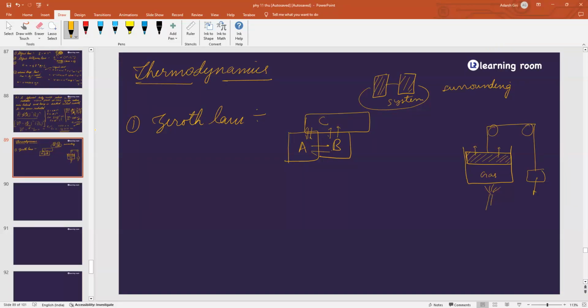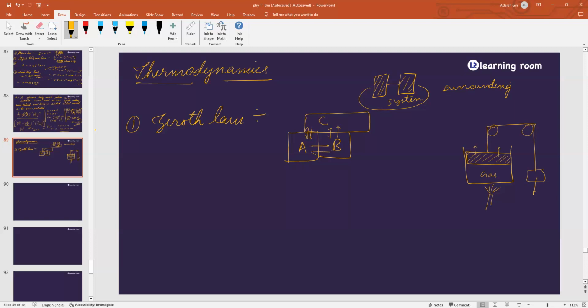So you can do work by providing heat, isn't it? Understood or not? Can you repeat it again, sir? What was I just saying here? That heat and work are two distinct modes of energy transfer. By doing work you can transfer the energy, or by providing heat you can